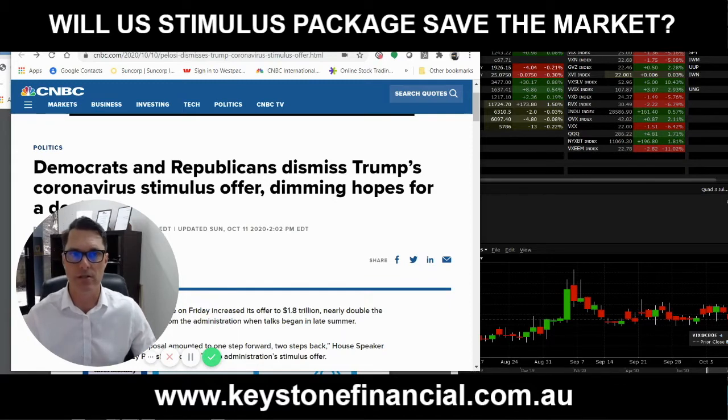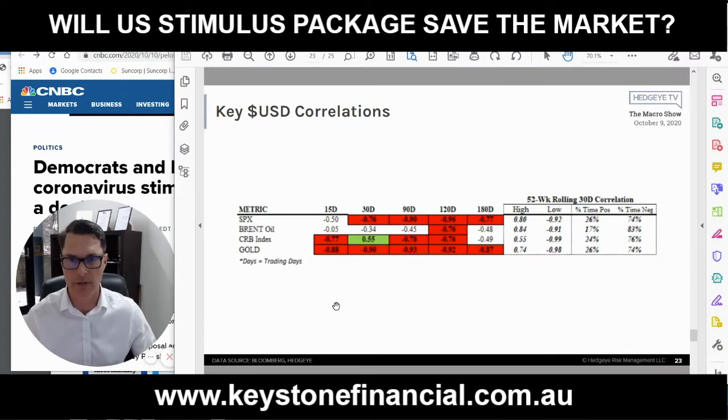So first things first, let's talk about the US dollar. Here's a correlation table that I show a lot now because it's very important that you understand that the US dollar drives a lot of other relationships out there in investment land. And it's probably one of the key things now that I focus on in terms of its direction and where it is in certain trading ranges. And of course, this table, which shows the correlations between it and a couple of other very key and important asset classes that drive other metrics.